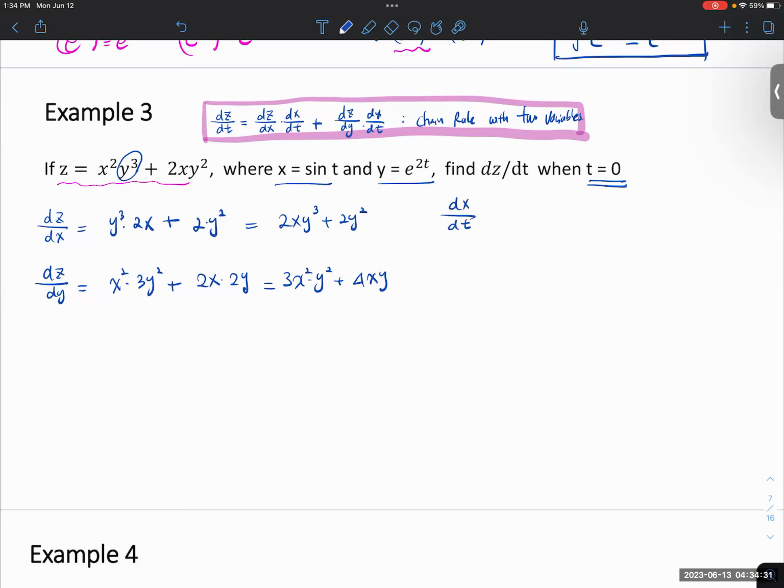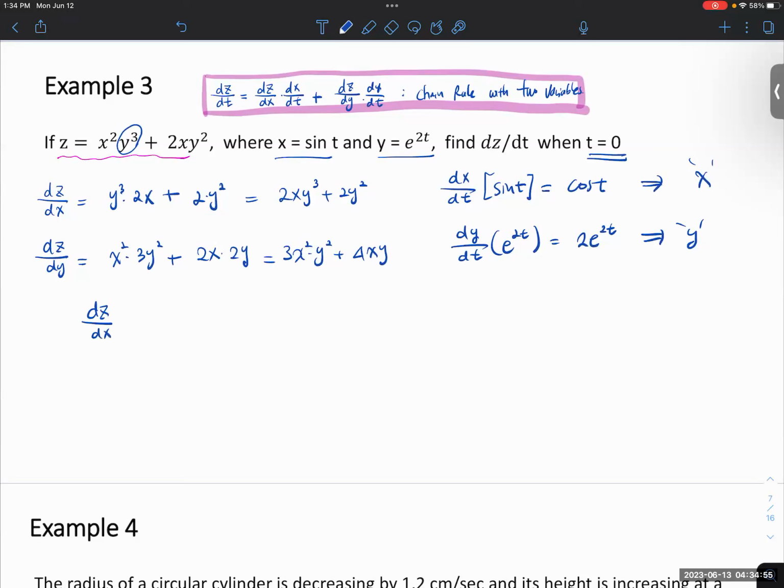Now, dx over dt. What happened? So this is going to be sine t, so sine is going to be cosine. And then dy over dt, e to the 2t, 2e to the 2t. So we have this is the x branch. These are the y branch. So plugging in,